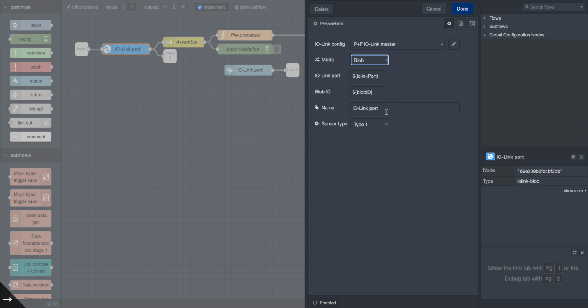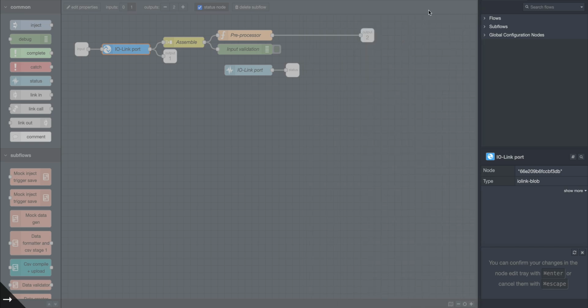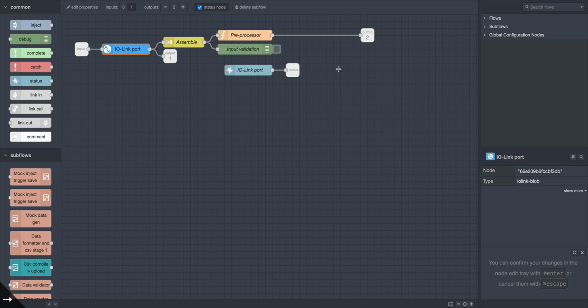You have your name, which is normally a negative 4096 value or something like that, somewhere between negative 4096 or 4098 or so. Then you have sensor type, which in most cases will be type 1. And in this case,